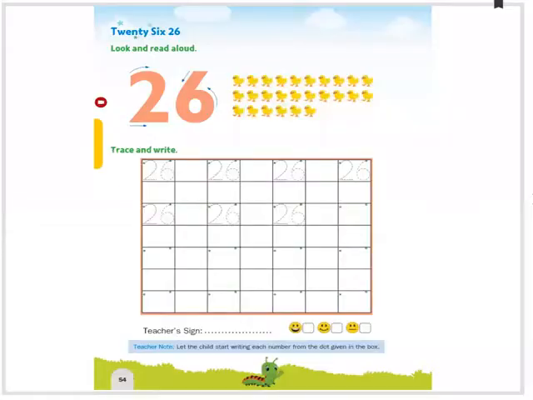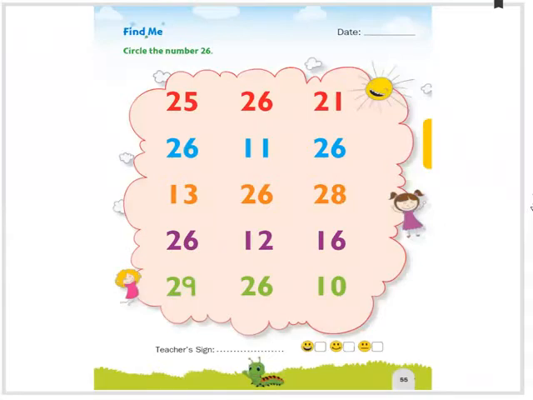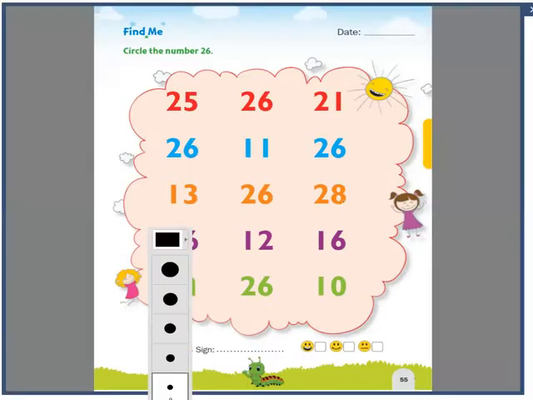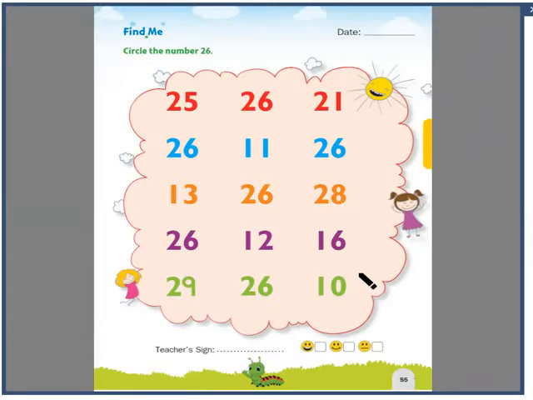Hope you understand, children. Even though here they have given a tracing session, that will be easy for you. Complete the page number 54, 2, 6, 26 and turn your page. Here we'll have an activity session. You have to identify the number 2, 6, 26 and circle it. We are doing it now. You already know how to do it. But what I'll tell you is, read all the numbers, not only just finding 2, 6, 26. Read all the numbers given.